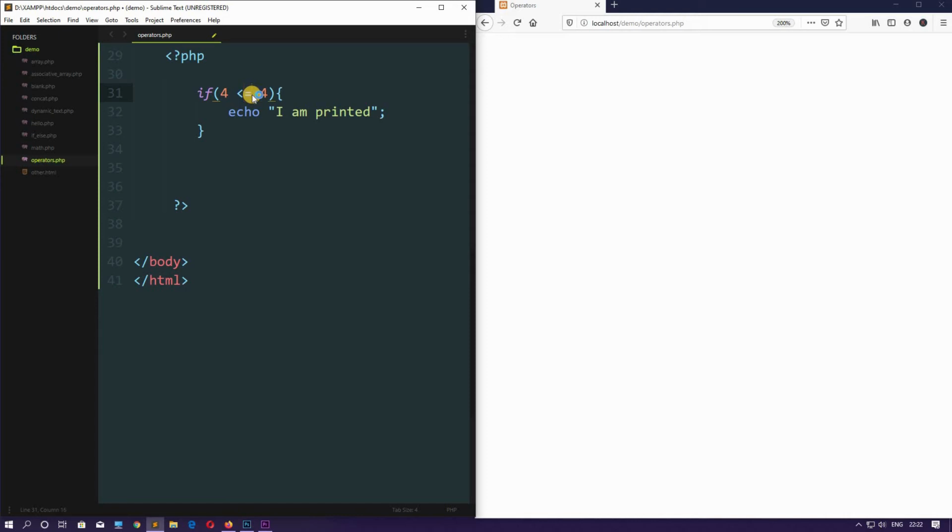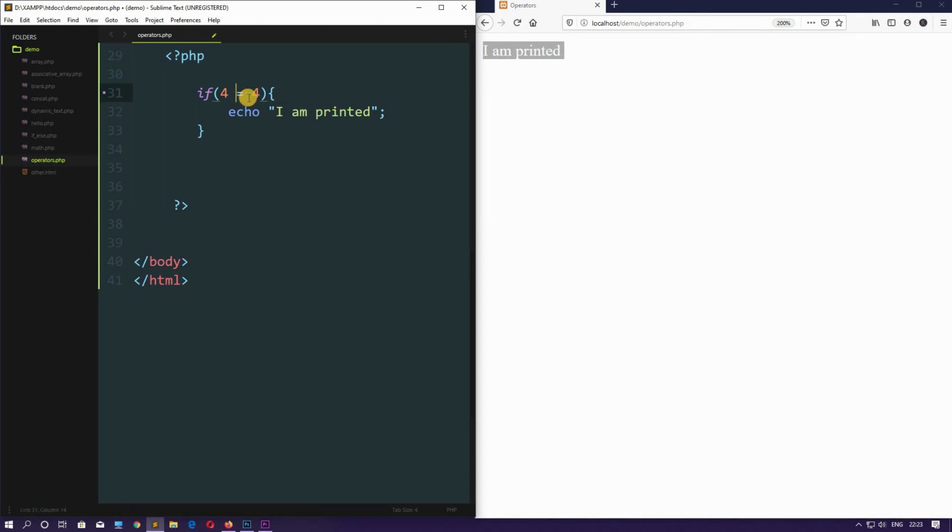Now if I make this less than equal to and save this, now come here and hit refresh. See, the statement is executed because 4 is less than or equal to 4, true, that's why it is executed. Now let's make this equal to. Is 4 equal to 4, true. Refresh. See, the statement is executed.